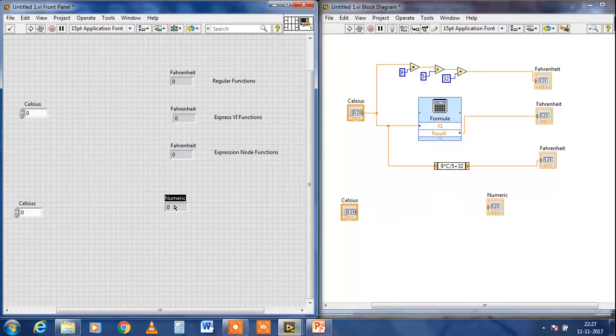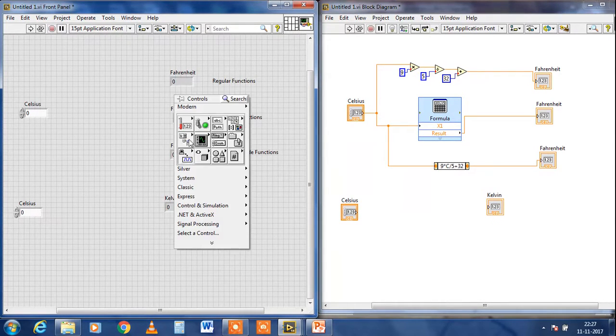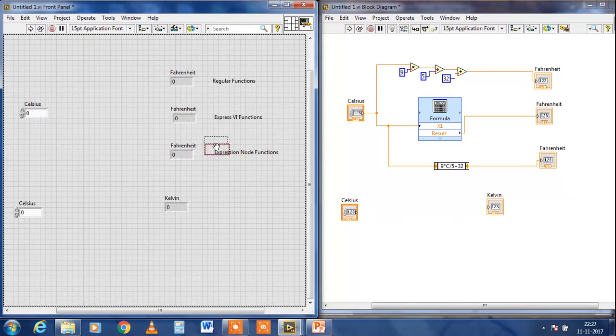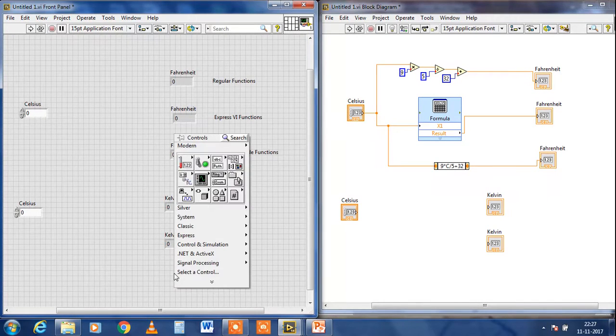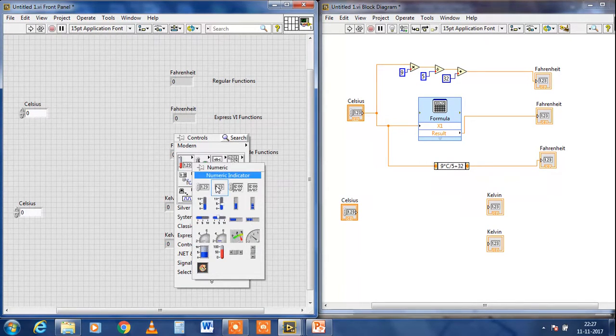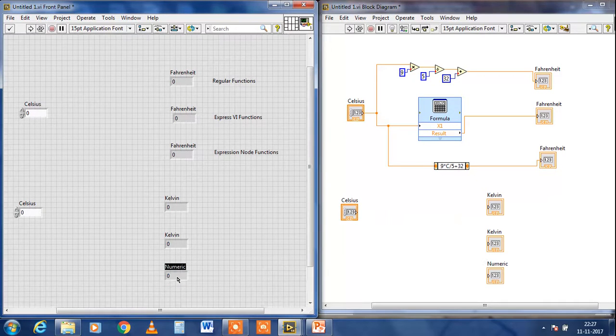The first one is the regular method, Kelvin, and again the second one is the Express VI, and the third one is the expression node function.